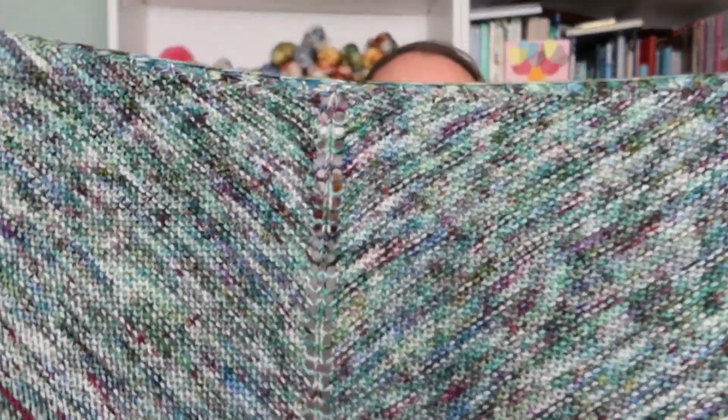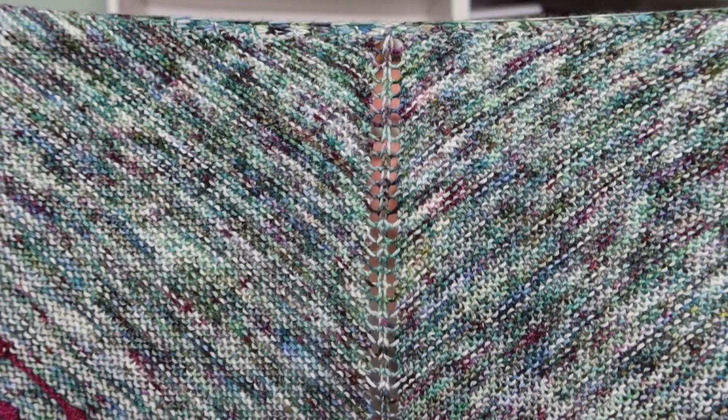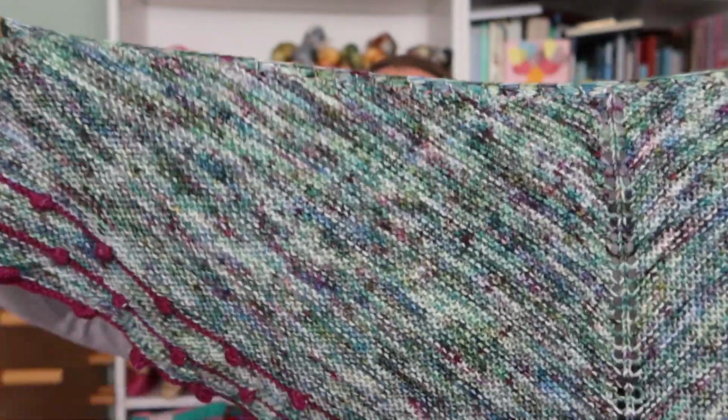So the main body is just a really simple garter stitch shawl with those central eyelet decreases or increases. Decreases? No, increases. I can't remember. I didn't knit it. It'll be increases, won't they? I don't know. Anyway, it really shows off the colourway really nicely because it's just simple garter stitch, and